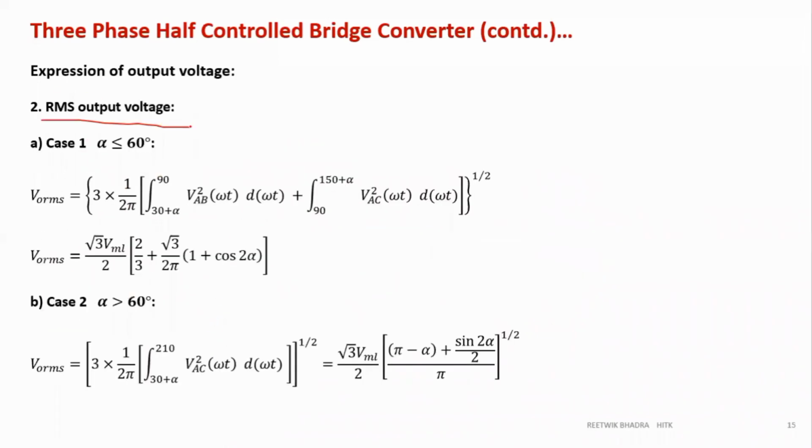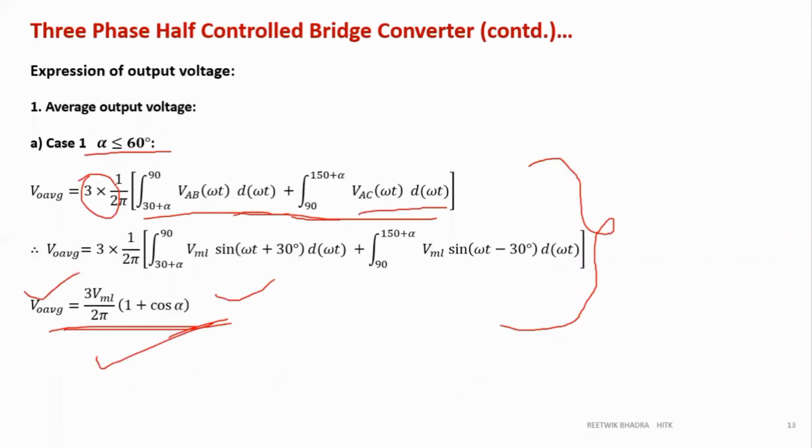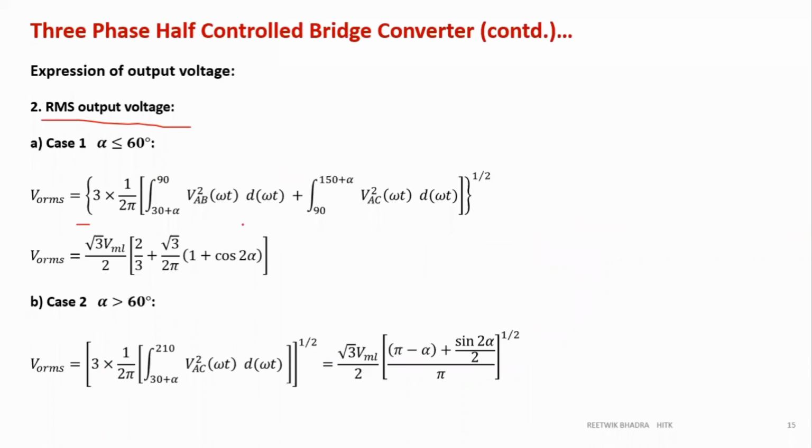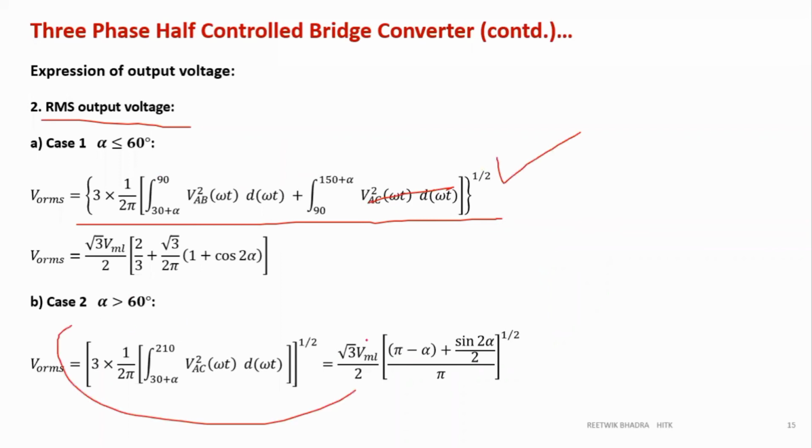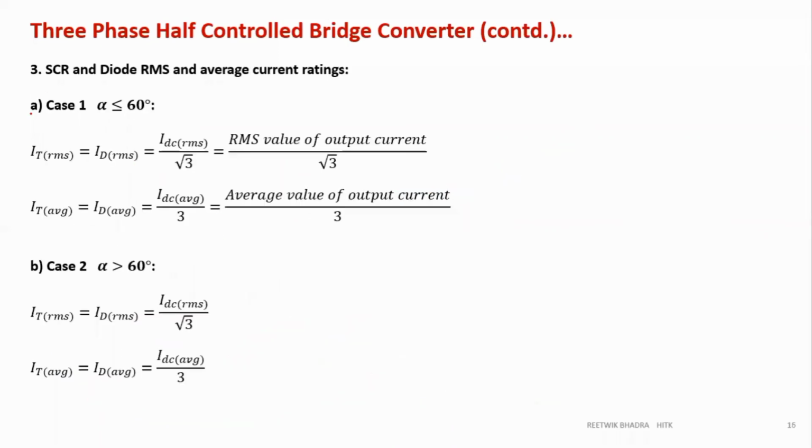Next, the RMS output voltage, just the same thing. You have to use the same formula over here, only it will be halved, this will be squared, and all of it will come under square root. If you understand the limits, you can do this equation. Same equation, whole under square root, with this squared, and you will get this equation. Ultimately, the last equation should be known for you to solve problems. So these are all the equations, you can go through them.